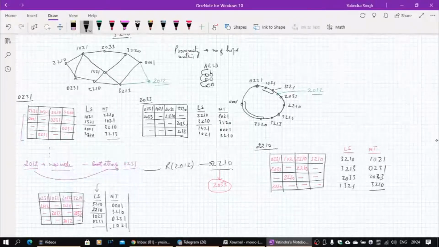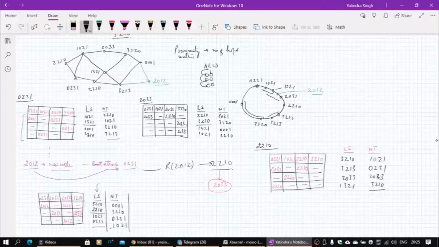Almost all nodes are known, so 2012 now is aware of these nodes, it's aware of these nodes. Because of 0231 it has become aware of almost everybody. So by this time it will now do the hop count and will optimize itself to find out the best leaf set. So everything will now be merged together, because all information is there. This is all organized, so it will find out its own leaf set, and the leaf set will get corrected.